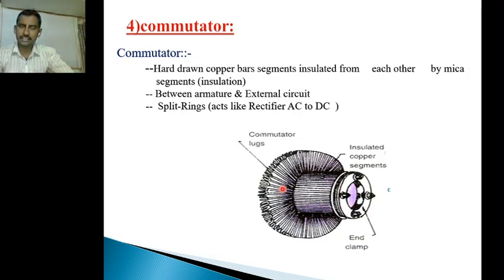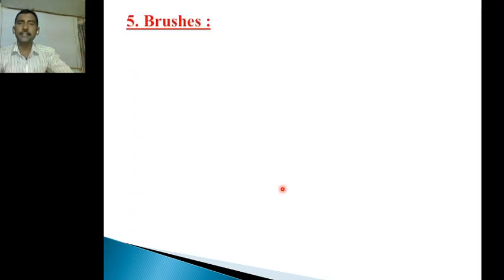Here our discussion is only to convert the AC to DC in the generator and the DC to AC in the motor. We can use one commutator. That's all. Next, in the case of the generator, we convert our AC EMF into DC EMF, and this DC EMF will be collected by the brushes.